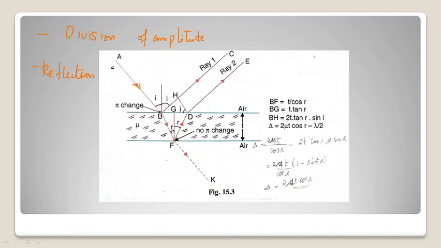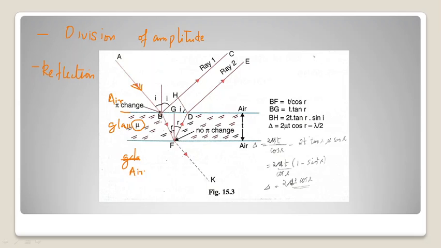So as you can see, this beam A is falling onto the thin film. This is the thin film. The shaded region is the thin film made up of glass. Above this glass piece we have air, and below this glass piece we have air. So this is a thin film of glass whose refractive index is mu, and when this incident ray falls on